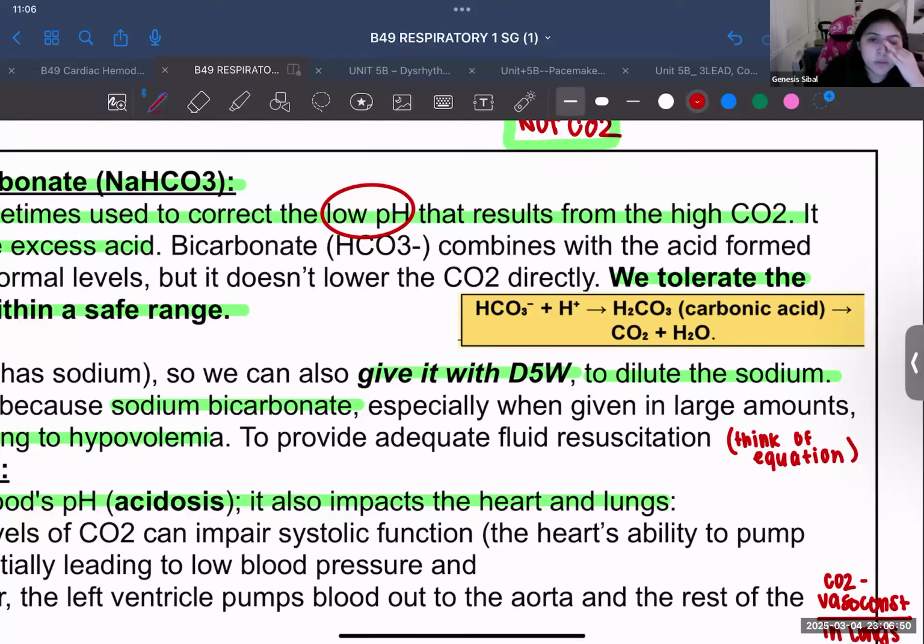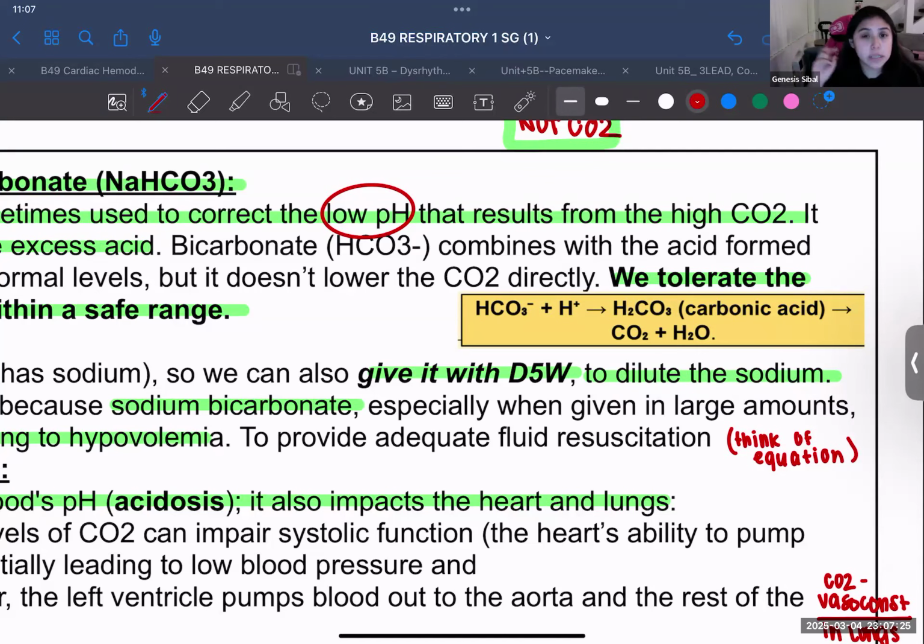So take out the sodium from sodium bicarbonate. If you just look at how we say bicarb, you have HCO3 as the equation, right? So sodium bicarb would be NaHCO3 negative, right? So we're just looking at the bicarb right now. So if you look at HCO3, and then it's getting added to a hydrogen. I don't know if you guys remember this, but we don't really talk about the hydrogen and how that plays into the acid-base balance. We have CO2, we have bicarb, and technically we also have hydrogen, and I'm pretty sure it is an acid, whereas obviously bicarb is the base, but basically they add together.